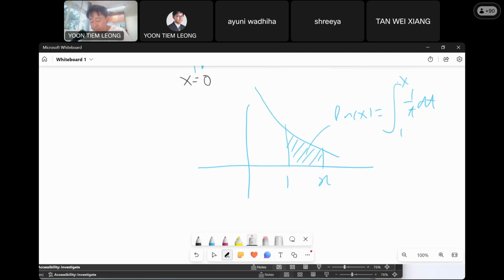So you can perform a numerical integration to calculate the exact value of this function, meaning that you calculate the Riemann sum of this area from 1 to x for all possible values of x. Say, for example, x equals 2.110. Then calculating the area under the curve of 1 over x from 1 to x will give you the values of the natural log for all values of x. So all the values of the natural log were tabulated